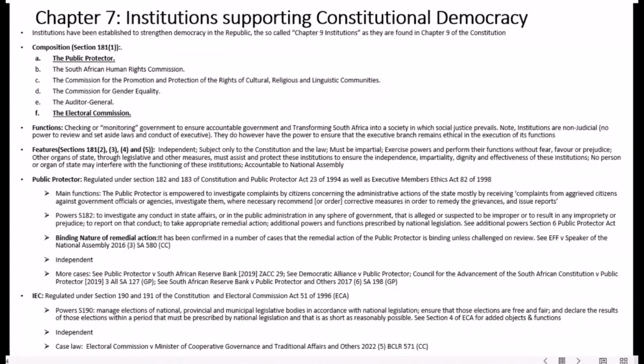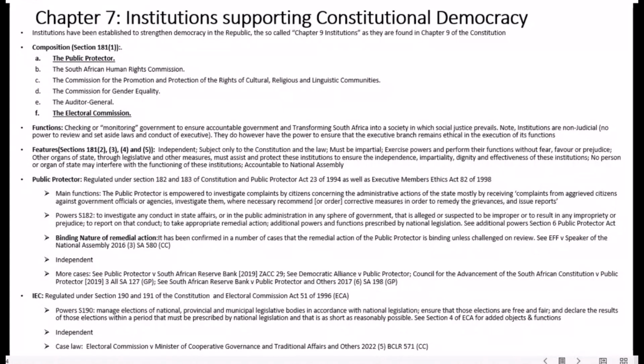And the powers, colleagues, of the Electoral Commission are outlined in section 190, and these include managing elections of national, provincial, and municipal legislative bodies in accordance with national legislation, ensuring that those elections are free, fair, and declaring the results of those elections within a period that must be prescribed by national legislation, and that is as short as